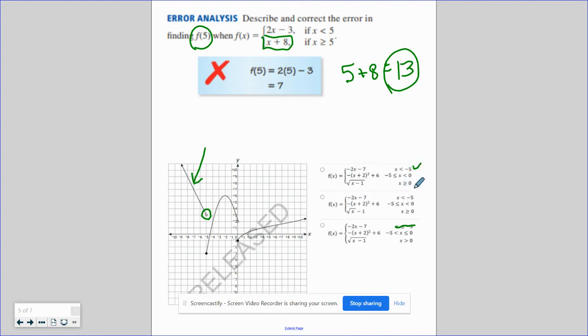Now, our domain for our third function is x is greater than or equal to 0 for both of them. Solid circle, greater than or equal to 0 is looking good. So now what we have to decide is this square root of x minus 1, or the square root of x minus 1. And notice that the root bar goes all the way over this one and not all the way over here. The difference is this is what, like when we were learning transformations, would have been inside the